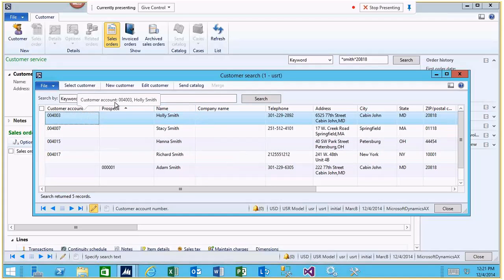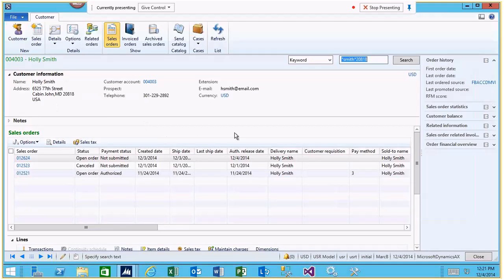Okay, so with that, for the most part, it's pretty simple functionality for the customer search, and not a whole lot of hard information to figure out here. You type in your keywords or your combination of keywords, you find the customer, and or you create a new customer. And again, just to point this out, if I were to hit select customer here,